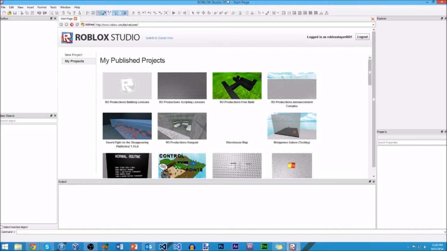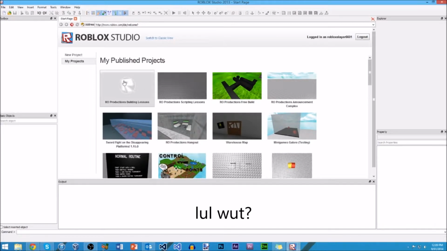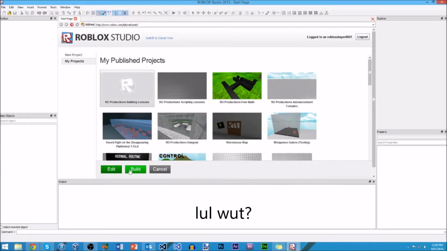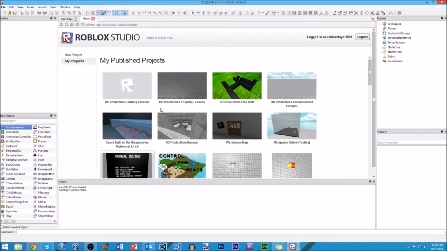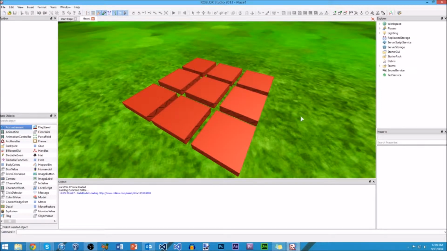Okay guys, so we are in Roblox Studio. I've just clicked on my projects, and as you can see, these are all my places. So we'll just go into building lessons. And so as you can see, we have edit and build. So first I'll show you build, because that's a little bit like what we were just doing. So if you go into build, it will be like the basic building. You'll have your character in the 3D world, and you can